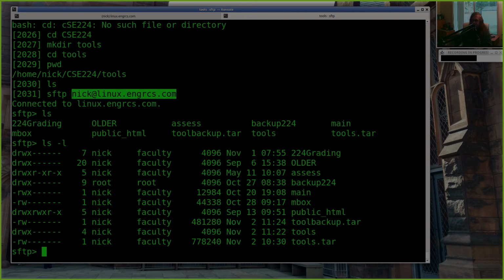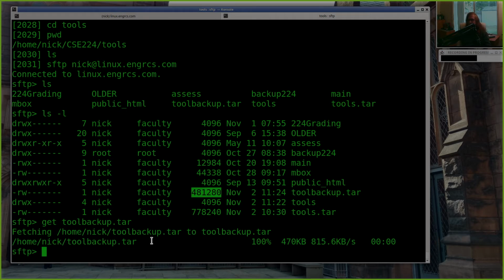I can do an ls -l and see, oh yeah, toolbackup, that's the file that I want. If I want to copy a file from that machine, I just say get. So I can say get toolbackup.tar, and it'll fetch it from that remote machine to my local directory. And it fetched 470K in about 1 second.